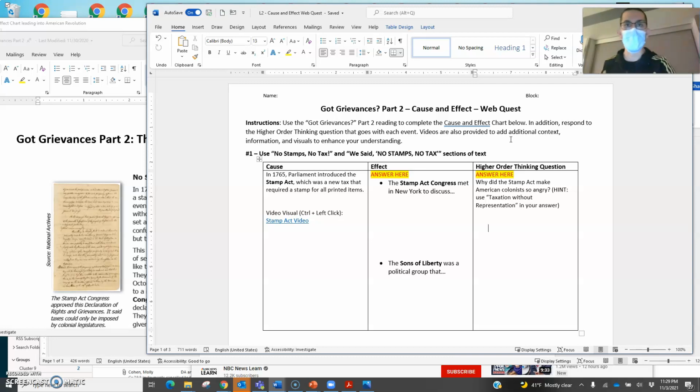The instructions are: use the Got Grievances Part 2 reading to complete the cause and effect chart below. In addition, respond to the higher order thinking question that goes with each particular event or part of the chart. Videos are also provided to add additional context. You don't have to watch the videos. If you want a little bit more information, or some additional visuals to provide you with a little bit of extra understanding,